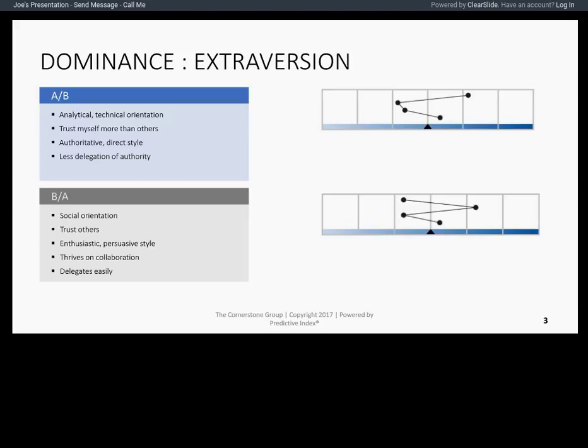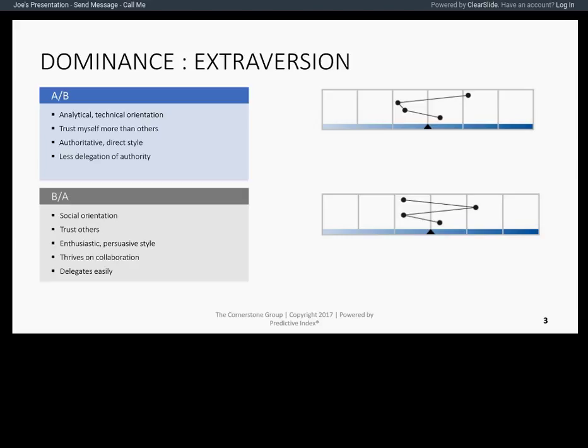And just a quick refresher on what I mean when I say factor combination. We're looking at factors that sit on opposite sides of the midpoint, so one factor being higher than average, the other factor being lower than average. We're going to start today with the dominance and extroversion factor, the A factor being high and the B factor being low. When we have high dominance, factor A, and low extroversion, factor B, we are talking about someone who